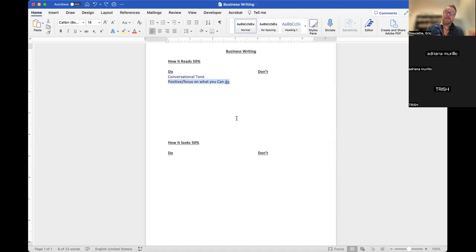And that's the next thing. It should also be positive. It's really easy to sound harsh and negative in email, in text, in letters. The one thing that separates business writing is we always want to keep everything positive. We don't want to focus on what we can't do. We want to focus on what we can do. So if you remember in the writing sentences, I think you already did the sentence exercise. If you didn't, you're doing it right now, where you have to rewrite the sentences. And if you go through the section on positive and conversational, if you can nail those down, you pretty much got it. Positive, again, focusing on what you can do.